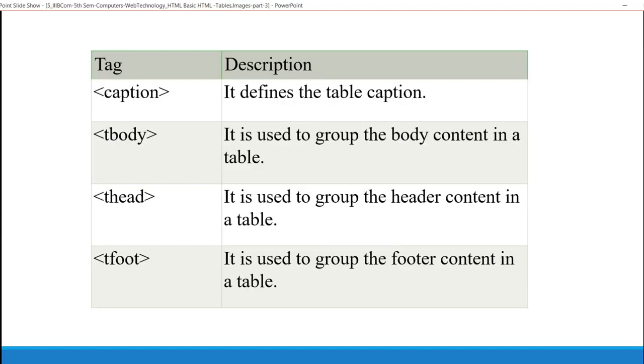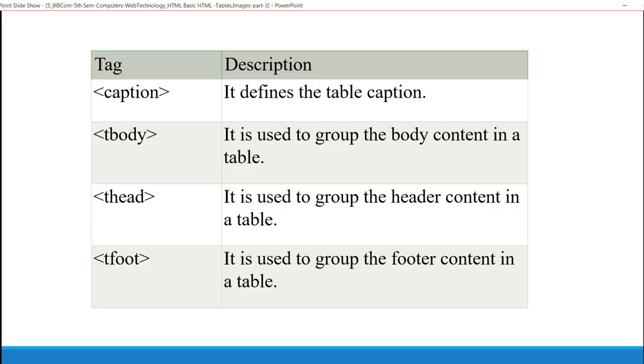Next type of tags that are used in a table is caption, body, head, and foot. What is a caption? If we want to place any heading for a table, we use a caption tag.